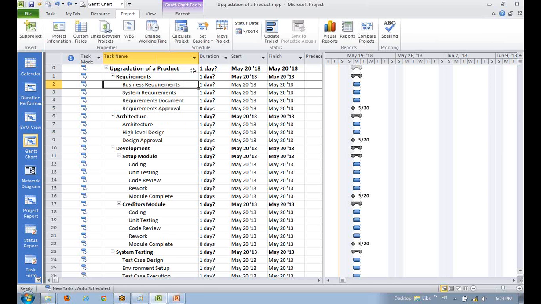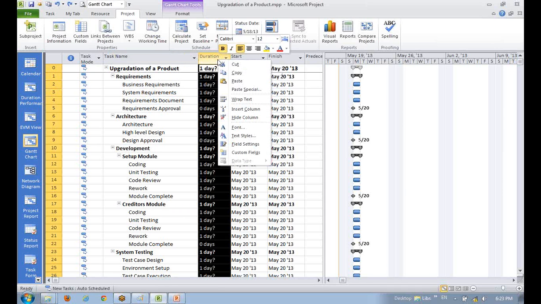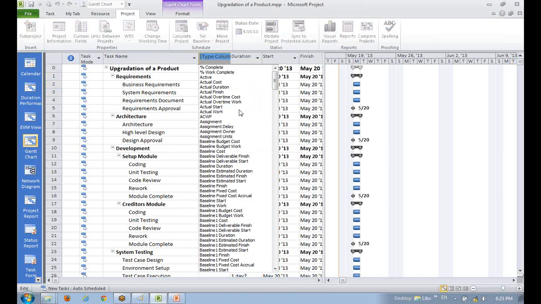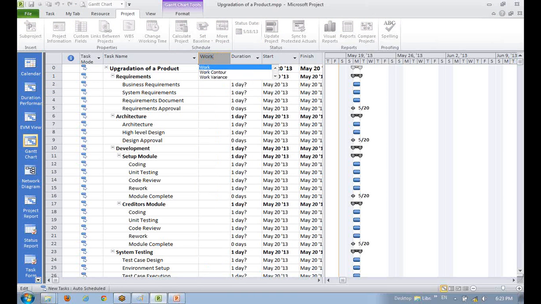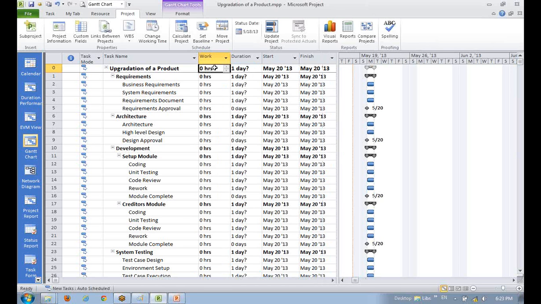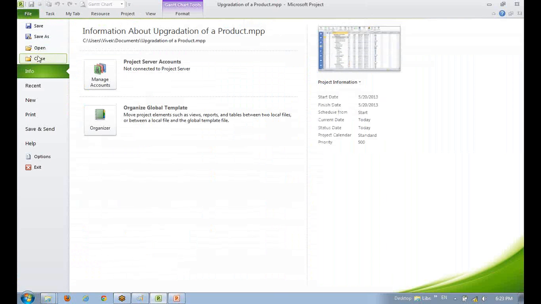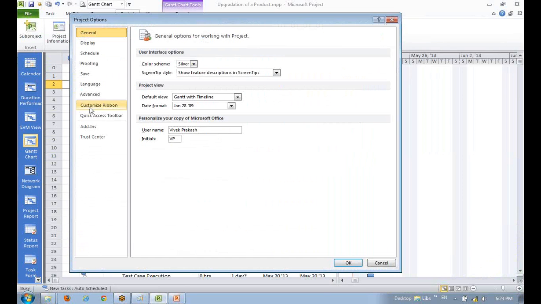Okay, so what I will do now is right click here, go to insert column, type work and select work, because I'm going to estimate in efforts. Before I estimate in efforts, I will go into File, Options, Schedule.